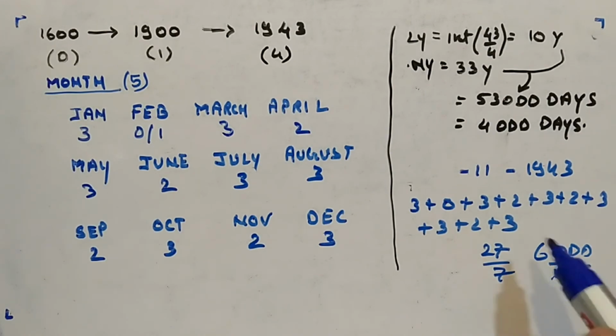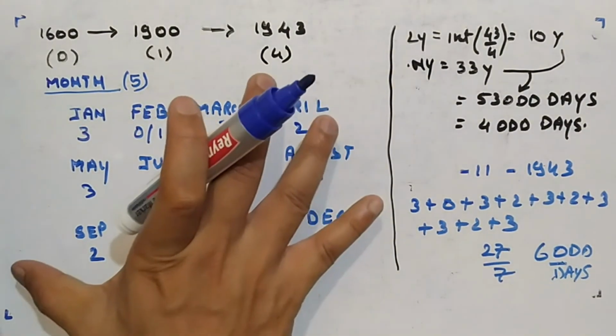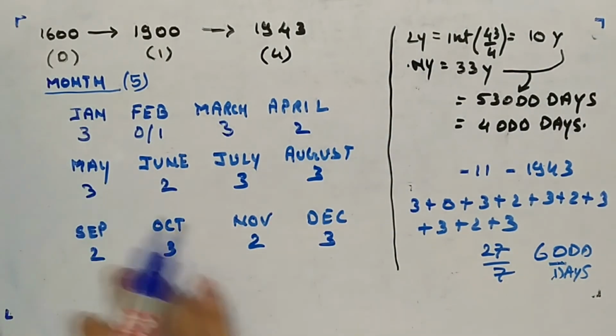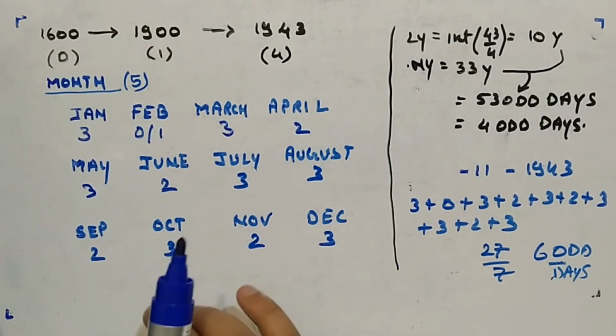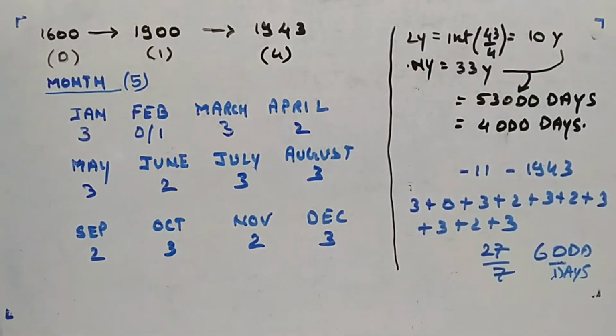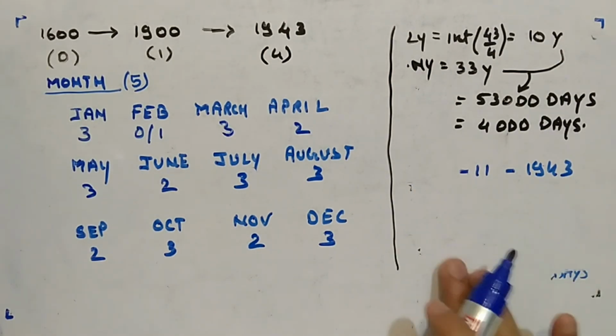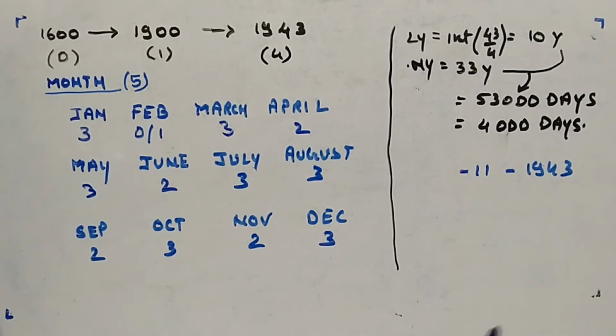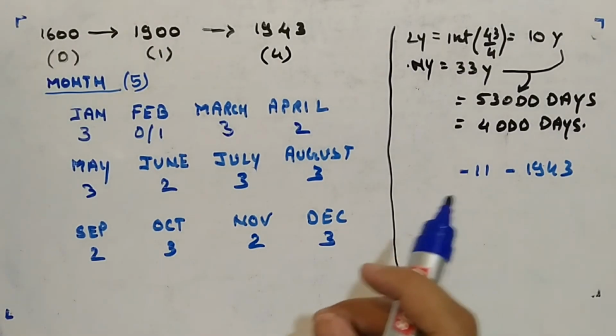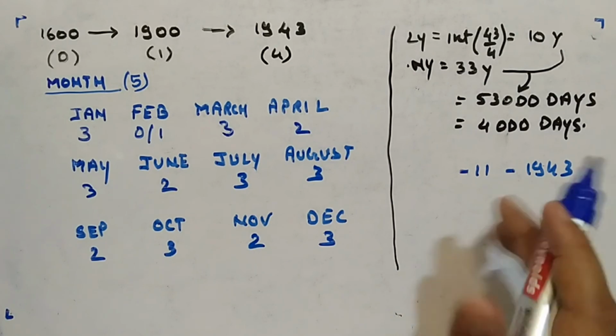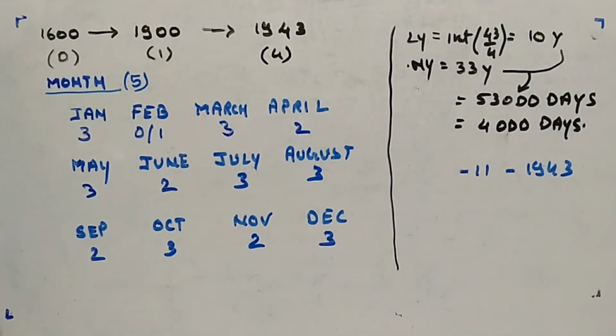For this example, you can see that this table is very important. You have to write it down or keep it in your head, so that for reference you should have it somewhere, so that you can calculate it by hand. So this was the way you have to calculate the number of odd days in a month. Now let's look at the day part, and along with that I will show you an example so that you will get a clear picture of how to calculate the day of a date.